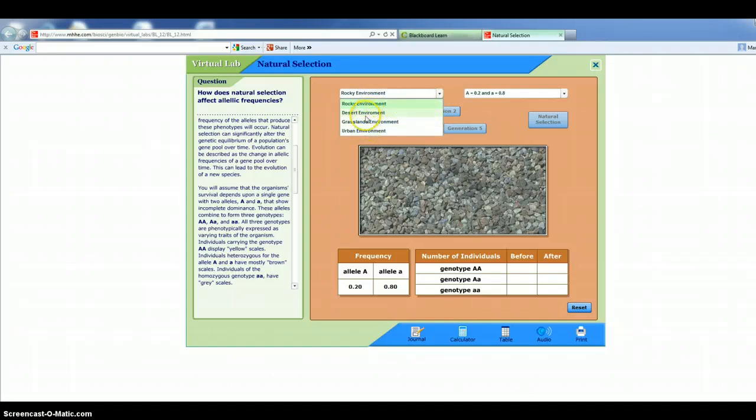See, rocky, desert, grasslands, or urban. Okay, we'll just go with rocky. And then you choose a number of alleles, a proportion of alleles to start with, capital A, small a. Capital A